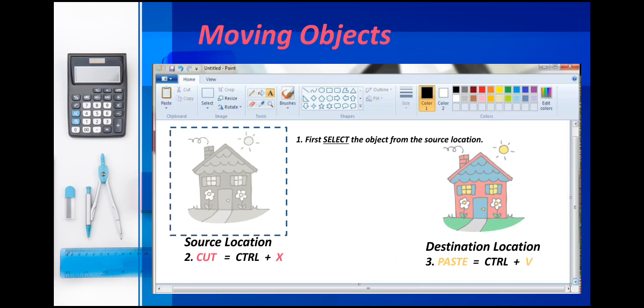Our picture will be pasted onto the destination location. For selecting, we can use this option on the screen. On the ribbon we have a select option. This dotted rectangular box appears when you click this button and drag the mouse over the picture. This selection is made with the help of this button, rectangular selection.